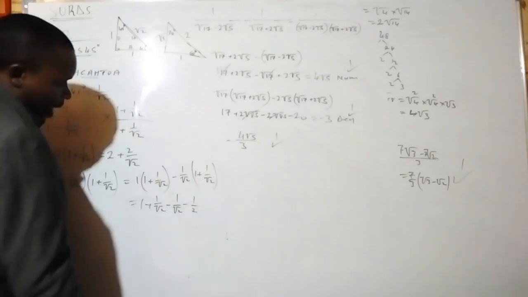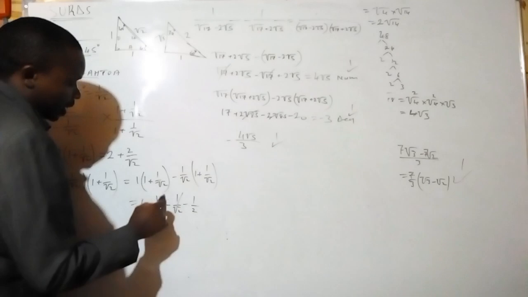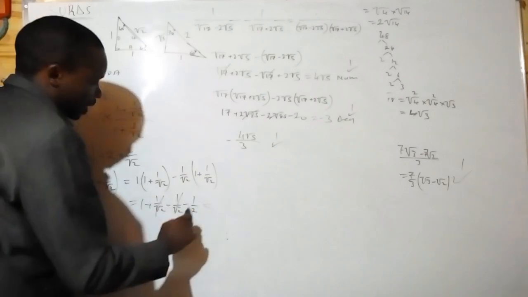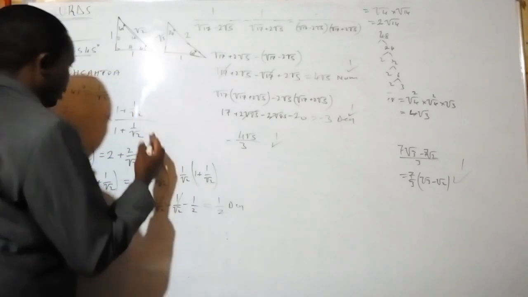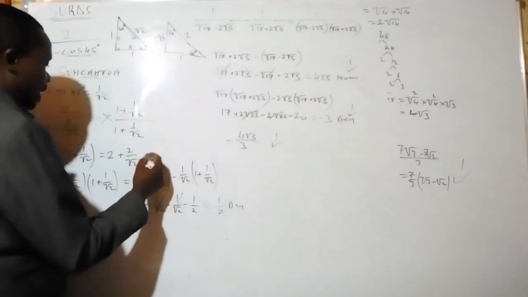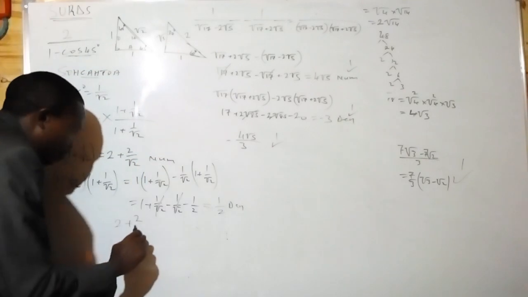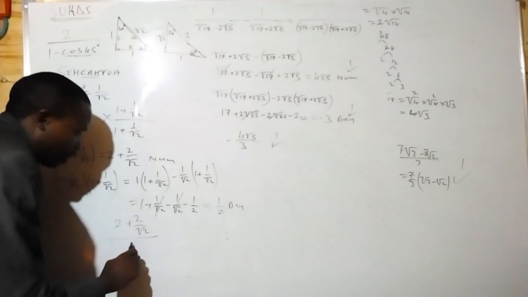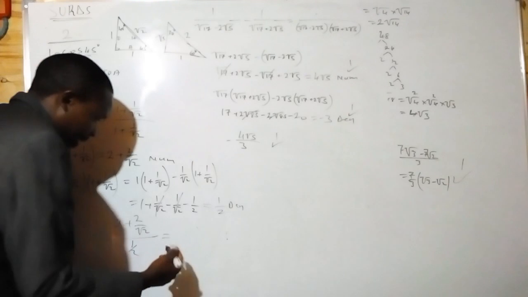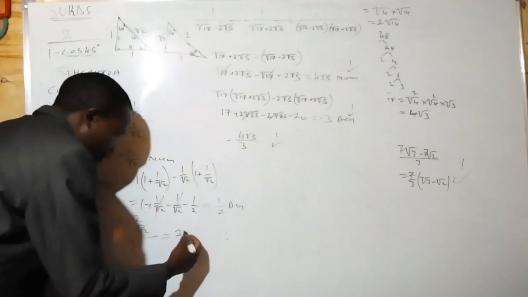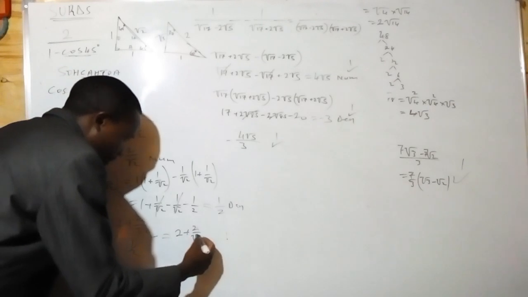Then positive 1 over root 2 minus 1 over root 2, it's supposed to be 0. 1 minus 1 and a half is a half. This will be our denominator. Our numerator is here. You combine the 2 plus 2 over root 2, all over 1 over 2. It is the same as 2 plus 2 over root 2. You close the bracket and divide by 1 over 2,